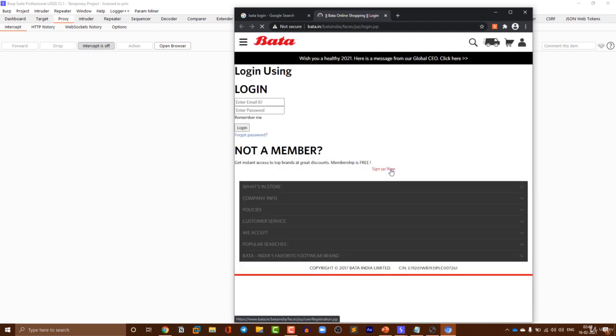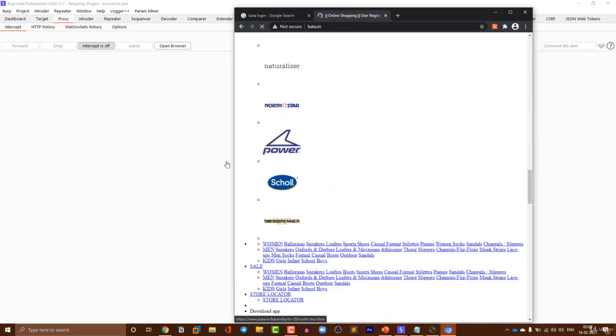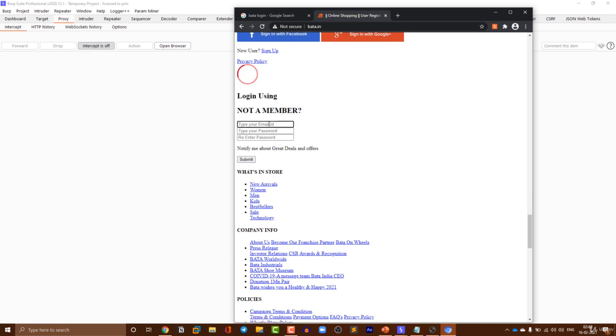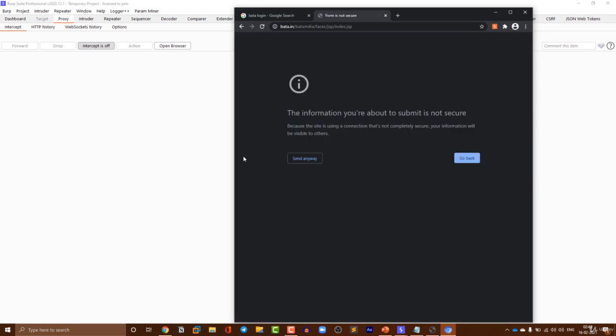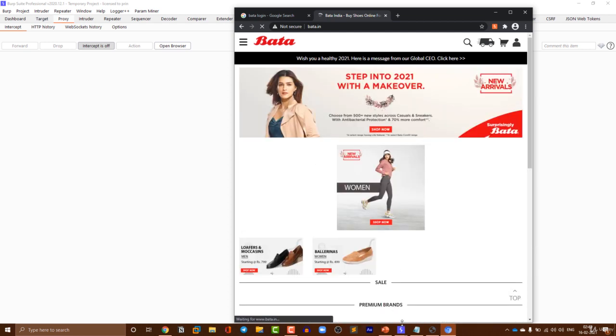Okay, I just click on sign up now. Yeah, you can see the login function here. I just put it here and type a password and re-enter that password and submit. So basically I just used that payload as an email with one. Okay, so